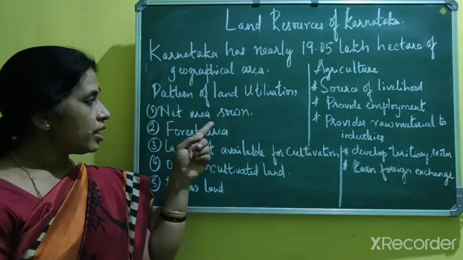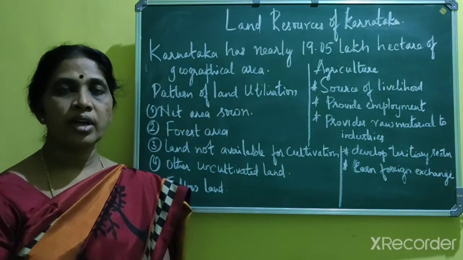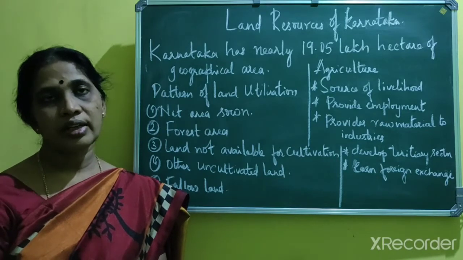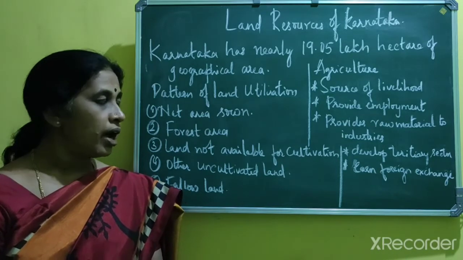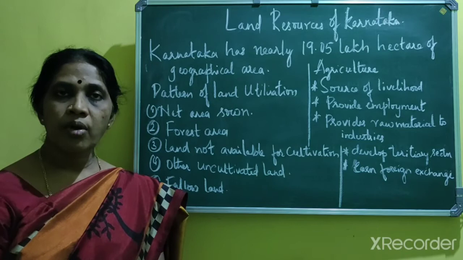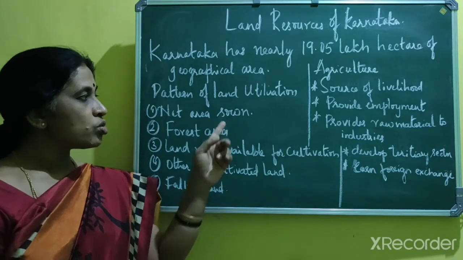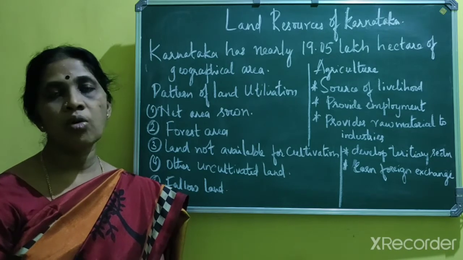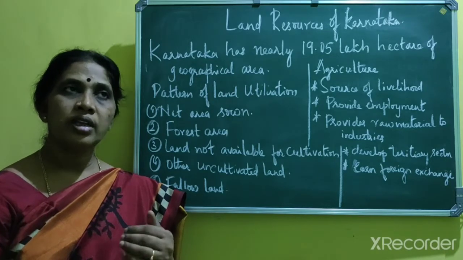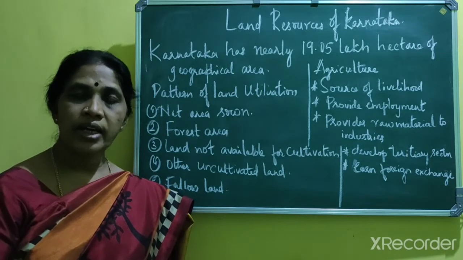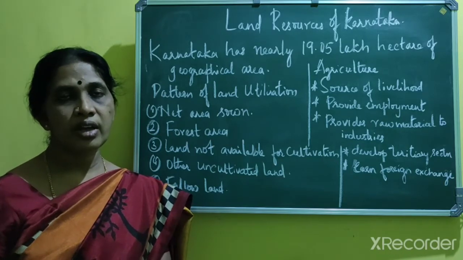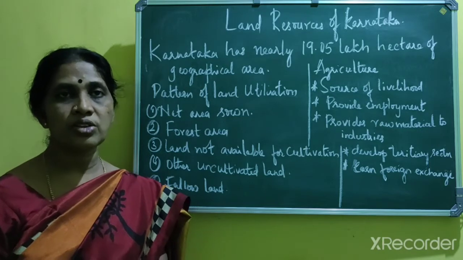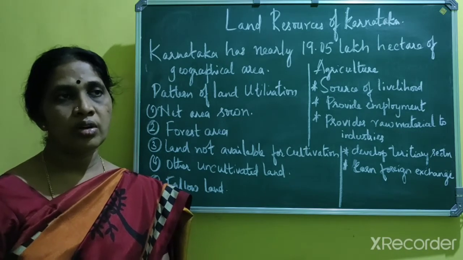This net area sown is very important. It has a special significance because ours is an agricultural country. And in Karnataka, the amount of area under sow, that means under cultivation, is not uniform all over the state. There are areas very highly cultivated and some areas which are not cultivated. That means some areas are very good for cultivation and some are not. For example,